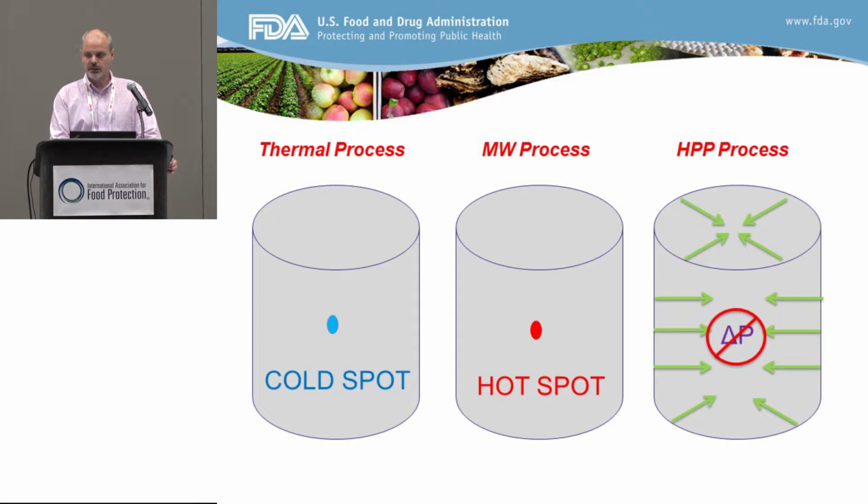Whereas if we use, say, a microwave process and a cylindrical container, the geometry of that container would focus energy towards the center, and in this case, we might end up with a hot spot, not a cold spot. And the cold spot may actually be difficult to find and target, but be towards the outer edges of that container. If we look at a high pressure process,